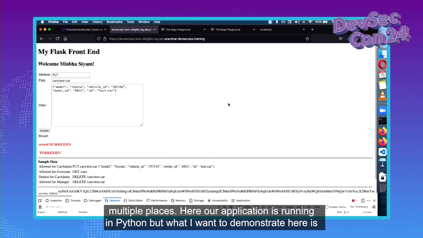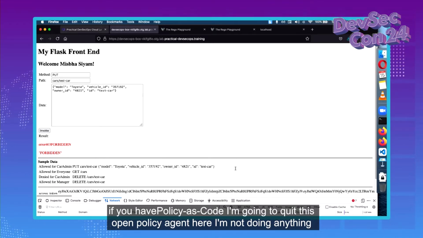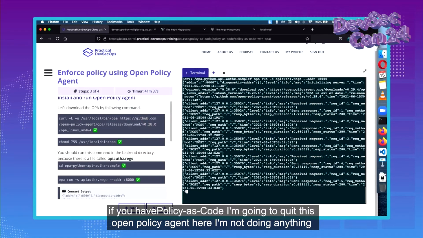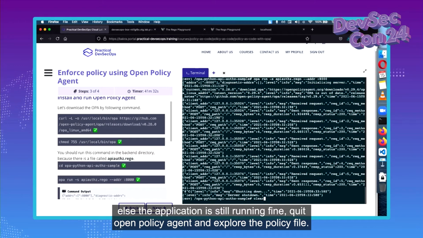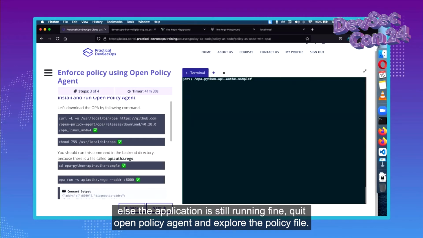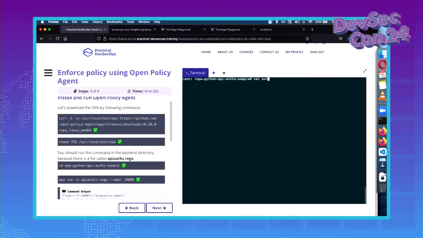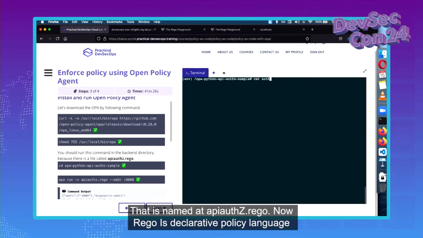Here, our application is running in Python, but what I want to demonstrate is if you have policy as code, I'm going to quit this Open Policy Agent here. I'm not doing anything else. The application is still running fine. Quit Open Policy Agent and explore the policy file that is named API